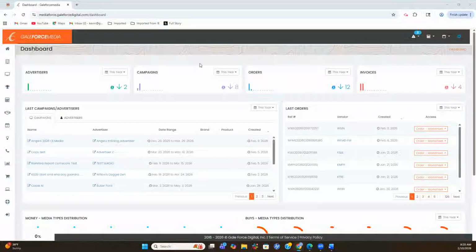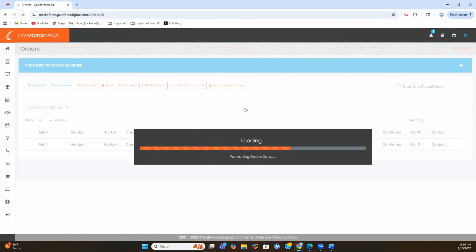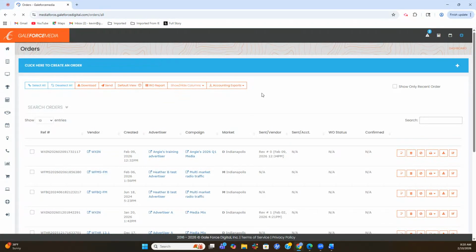As I'm sure all of you know, the My Orders section of GaleForce Media is a housing space for all of the orders that your agency has created across all campaigns, all media types, etc. But there are different ways you can manage this particular section of GaleForce Media and manage and track the orders that you have placed. One example is that you can actually manually confirm that the order has been confirmed by